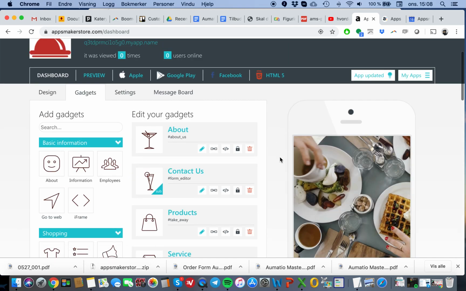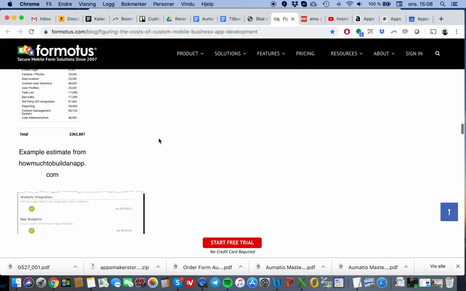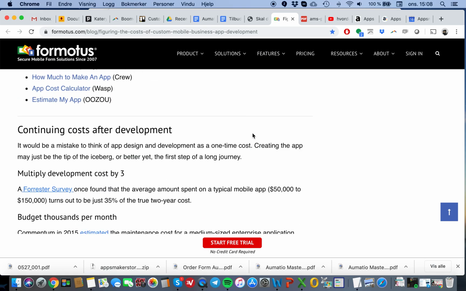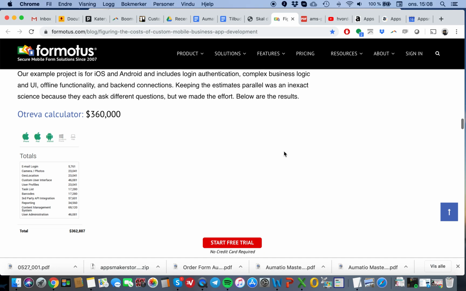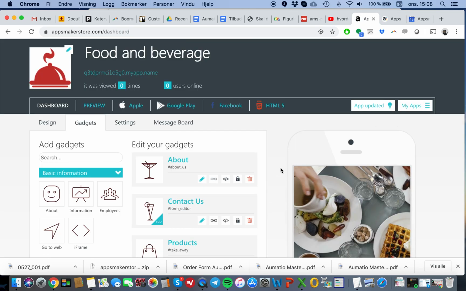Also, of course, from a management point of view, if you read all these reports, partners, and everything they have collected, actually 33% of the initial cost of building an app is the only cost over 2 years. So let's say that you used $100,000 in the first place to build a business or organization app. So let's say it was a solid 100,000. So the total cost after 2 years will be 300,000. So that's also something when you're using a platform like this, you don't have this cost there at all,